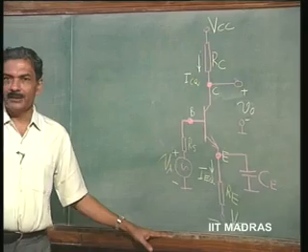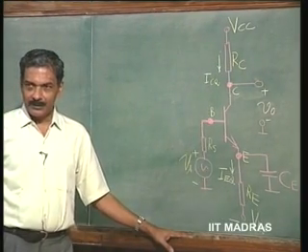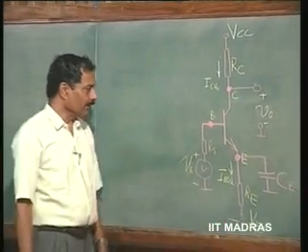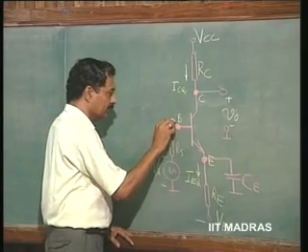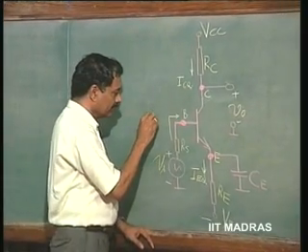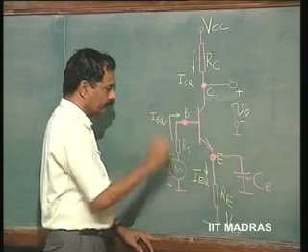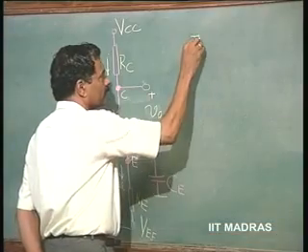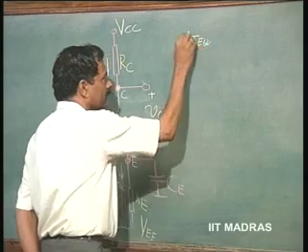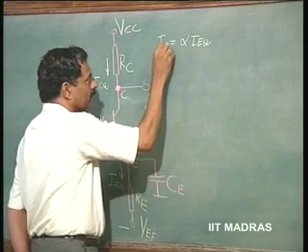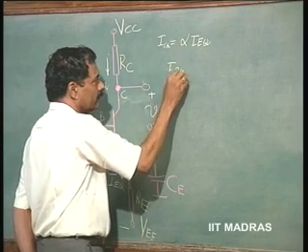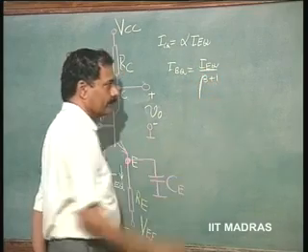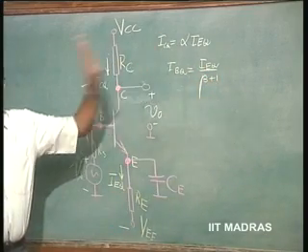Strictly speaking, alpha times IEQ plus IC naught. We have ignored IC naught. So, ICQ is very nearly equal to IEQ, alpha being close to 1. Corresponding to which we have the base current getting fixed as IBQ. So, we have this relationship, of course, IEQ into alpha is equal to ICQ, IBQ is equal to IEQ by beta plus 1, and this relationship getting satisfied,